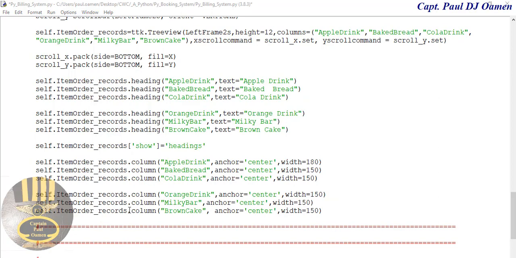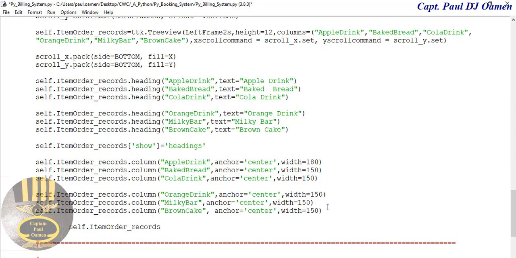Now we need one more thing to do, actually two. First of all, we need to get it tagged. Okay, get it tagged, so there. So I'm going to say .tag, and we also need to get it filled as well. Fill equals both. That will be for both sides. And expand equals 1. There we go. That's one taken care of. The next one is